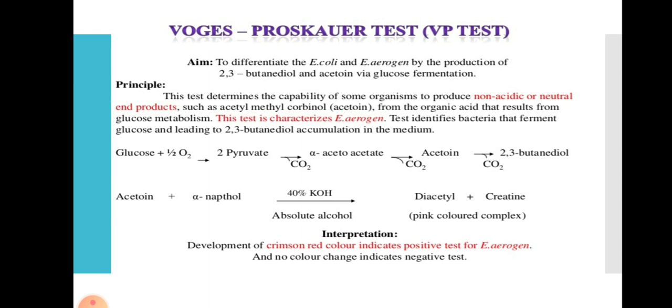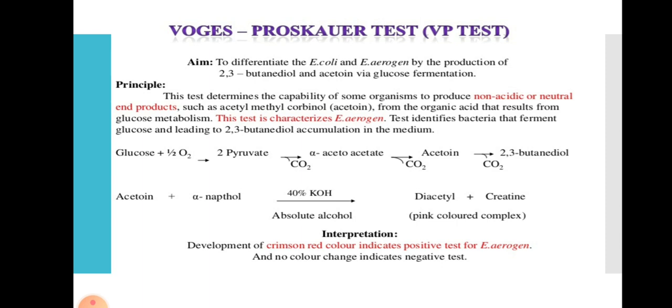Glucose plus half oxygen produces 2-pyruvate and liberates CO2, in turn produces alpha acetolactate. Alpha acetolactate gets converted into acetoin by decarboxylation. Acetoin in turn produces 2,3-butanediol. Acetoin